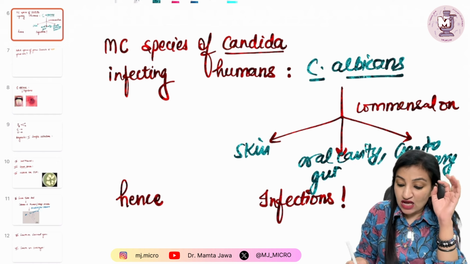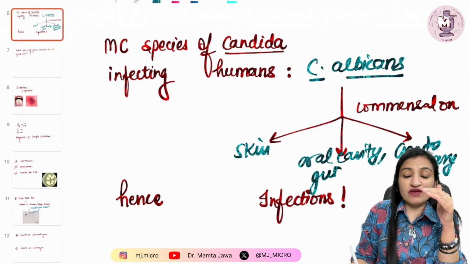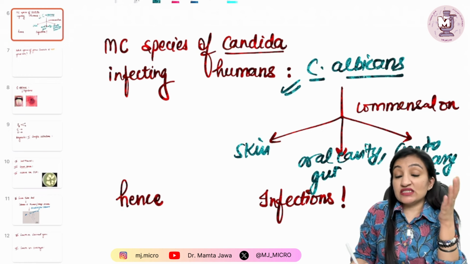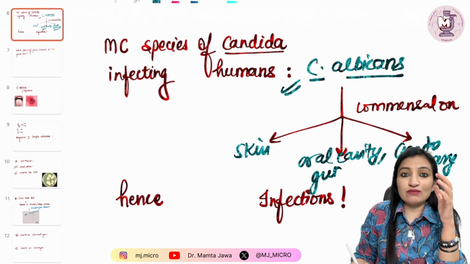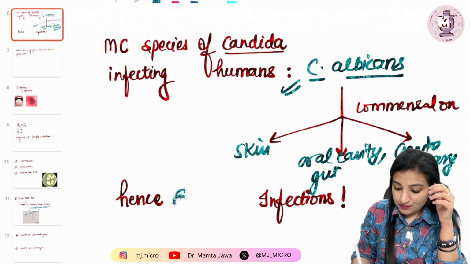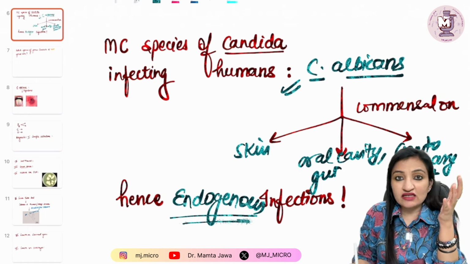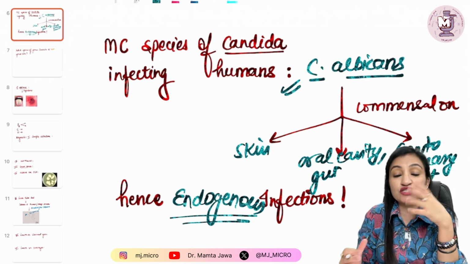Please remember this. Because this fellow Candida albicans is a commensal, if it decides to cause disease under circumstances when the immunity is jeopardized, such infections are said to be endogenous. Because the infection did not come from outside, it is not acquired from outside, so it is not exogenous, it is